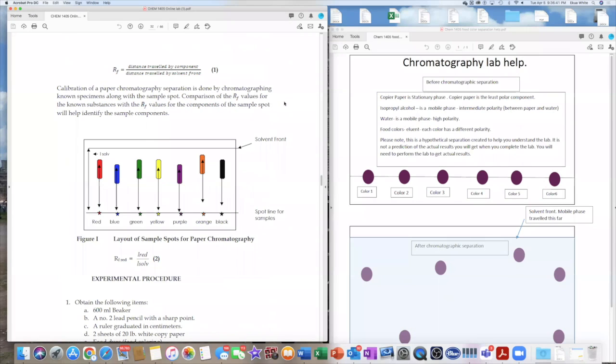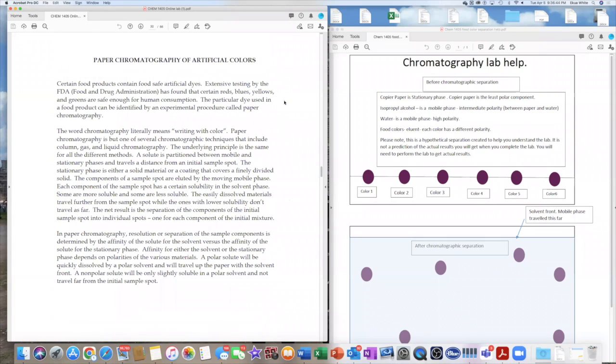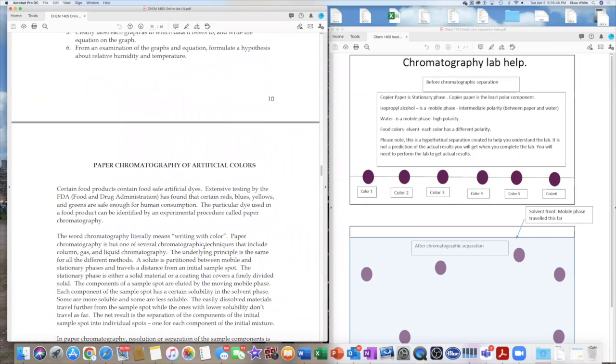Okay, we're going to be working on the paper chromatography lab. When we start with this, the background information for this lab, I'll start right here. The word chromatography literally means writing with color. In paper chromatography,